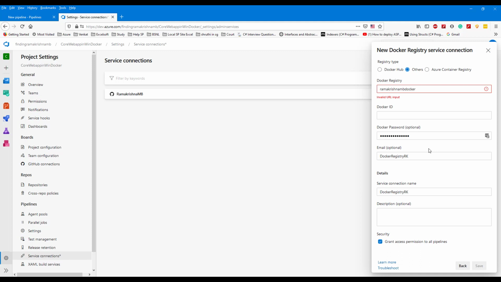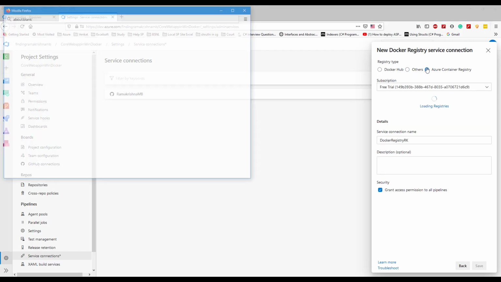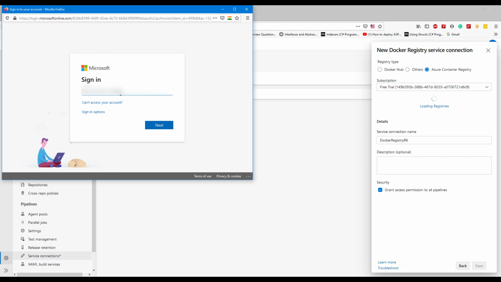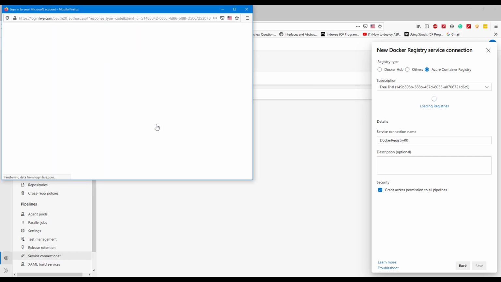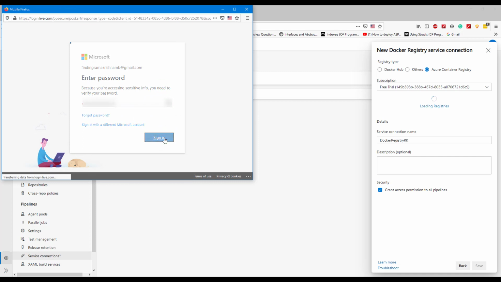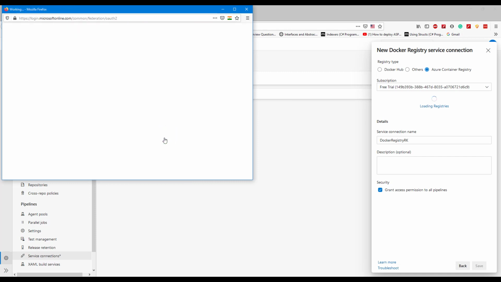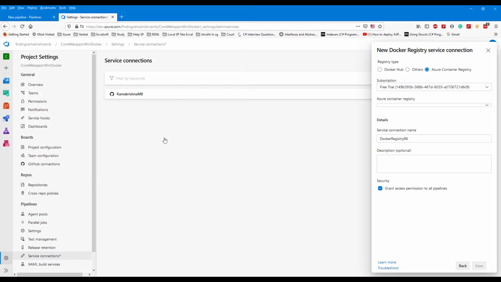If you are wondering why we need this service connection, it's because we are building our Docker image using our Dockerfile which we get from our GitHub repository, and after building that we need to push it into this Azure Container Registry.